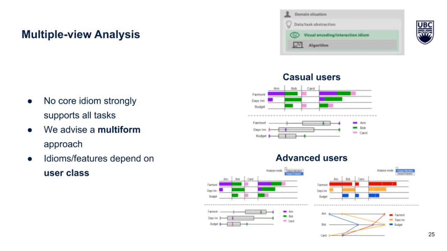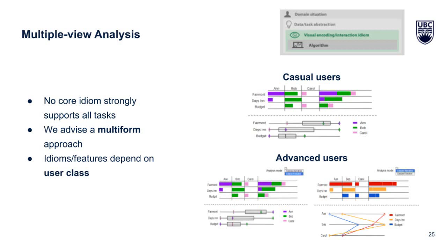and so we recommend using multiple idioms in a multi-form design based on target user class. Since casual users are less likely to deal with a significant learning curve in obtaining support for their decision making, our recommendations for them exclude the parallel coordinates idioms. For both casual and advanced users, we recommend using a tabular bar chart to examine preferences for each user, paired with a stacked bar chart to make comparisons between total scores while also enabling examinations of alt scores in context.